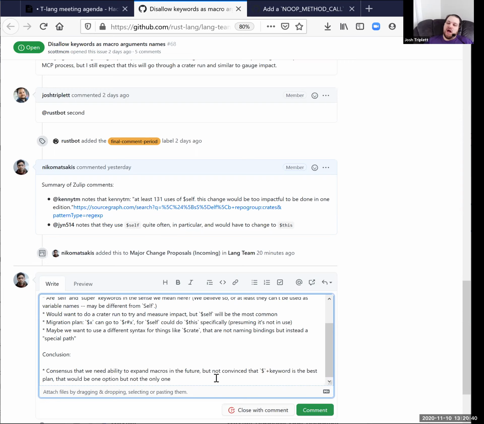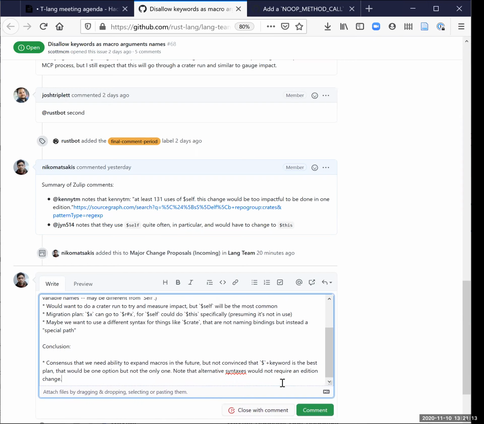Well, hypothetically, if we did introduce a different introducer syntax, as long as that was something that isn't a conflict with anything that works today, like $$ is not the start of any valid production today, then it doesn't have to be an edition boundary, so it's not a big rush. The only big rush would be if we want to do a breaking change with a proper transition for the edition, like keywords.